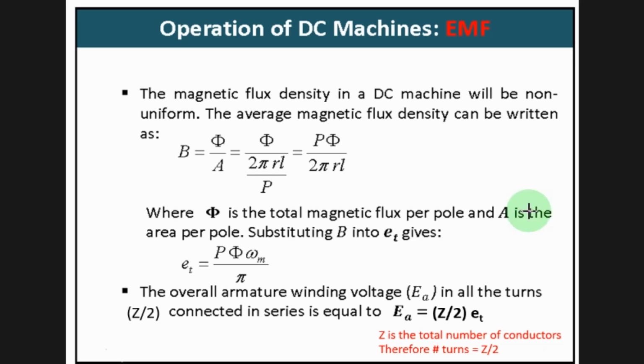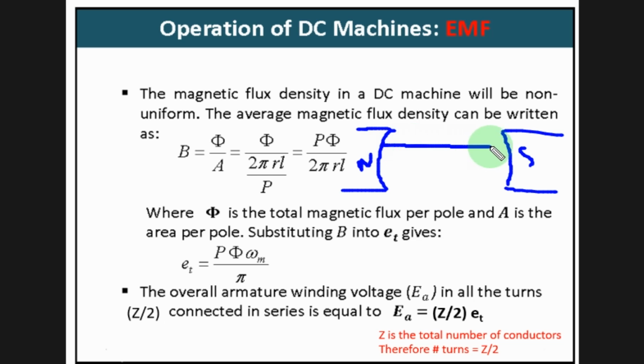For example, if you look at the magnetic flux between two magnetic poles, say these are the two magnetic poles, where this is N and this is S, then the magnetic flux lines will be going like this. Sorry, they are parallel, right? So you get the magnetic flux lines like this,